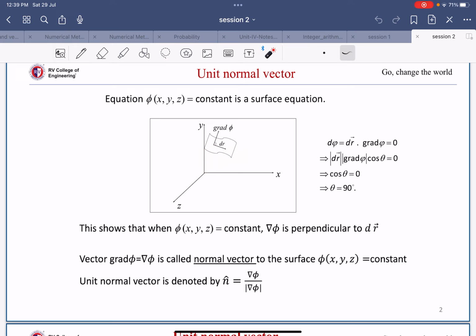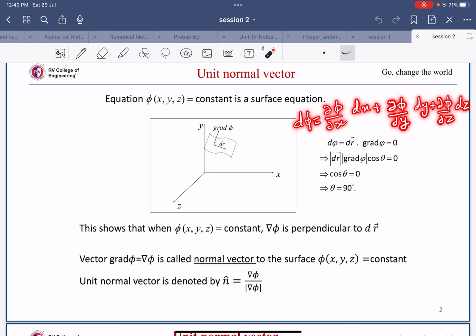Differentiating phi, we get dou phi by dou x dx plus dou phi by dou y dy plus dou phi by dou z dz. This is nothing but d phi, also called the differential of phi. In other words, the RHS can be rewritten as dr dot gradient of phi,